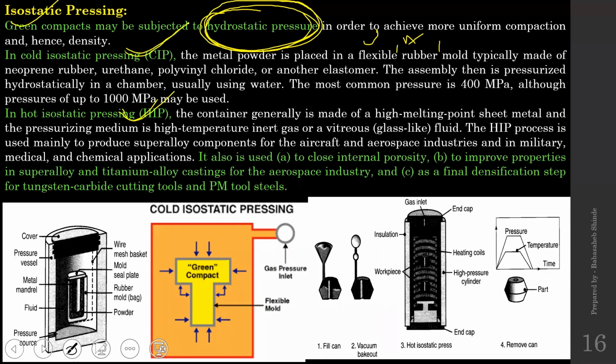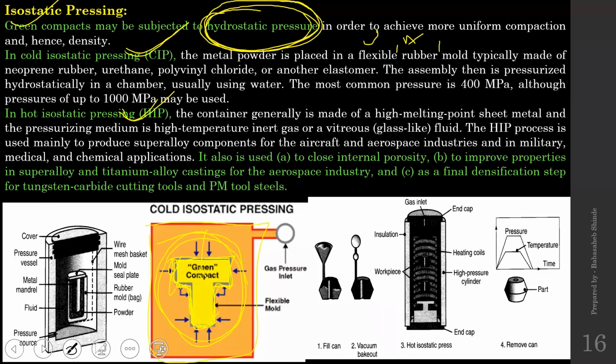Let's discuss first cold isostatic pressing. So what we do in cold isostatic pressing, there will be a mold made up of a flexible material. The mold is filled with metal powders and additives, and all that mixture would be filled into the mold, which is made of flexible material, and that will be placed in a